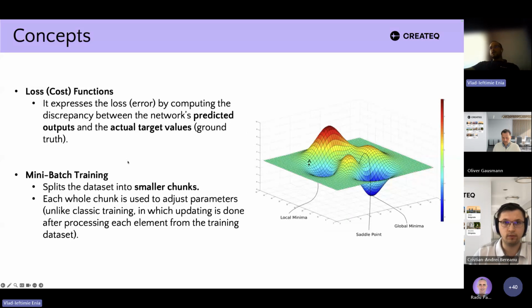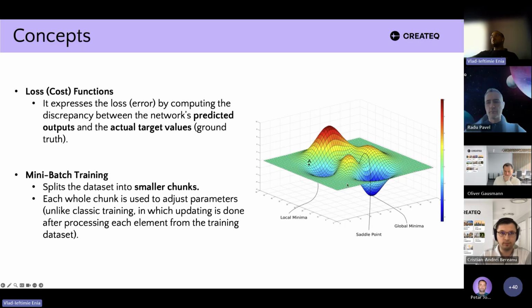We talked about loss functions and how they quantify the error of the network. If we were to have two inputs, one for the X-axis and one for the Z-axis, and on the third axis, Y, we will have values for the loss function. We can visualize it as a loss landscape, as we call it in this graphical representation.